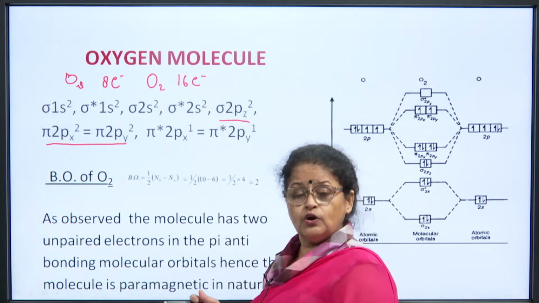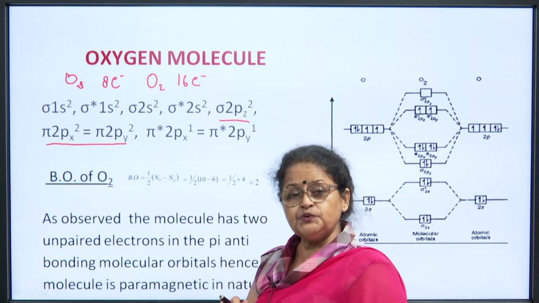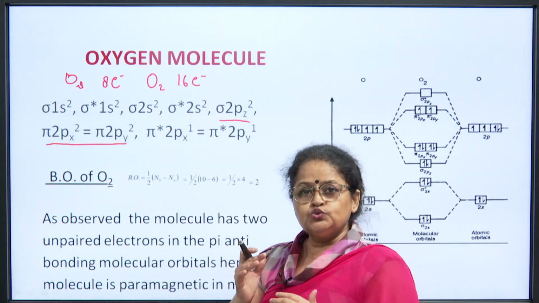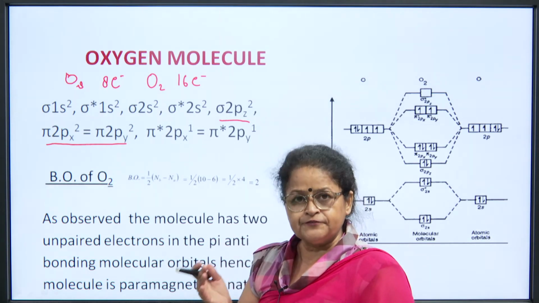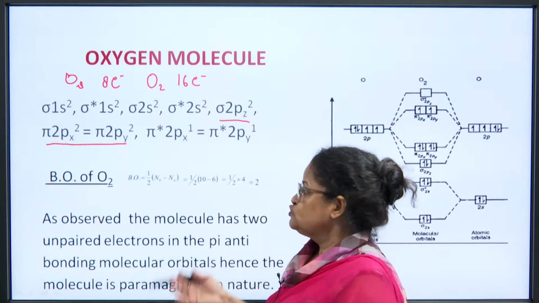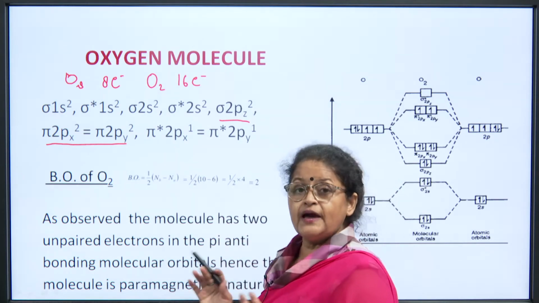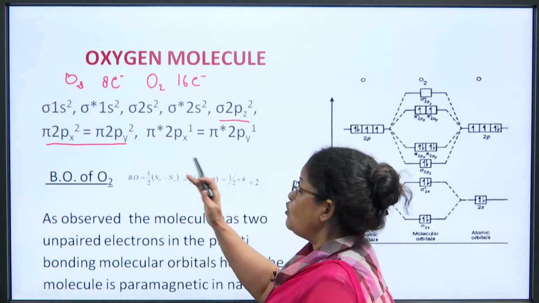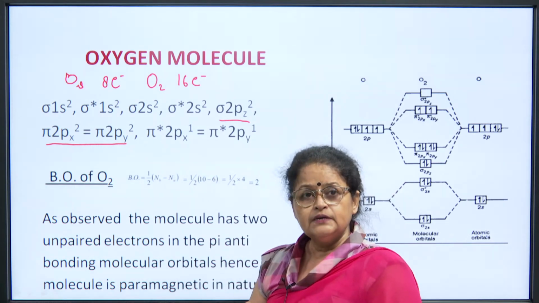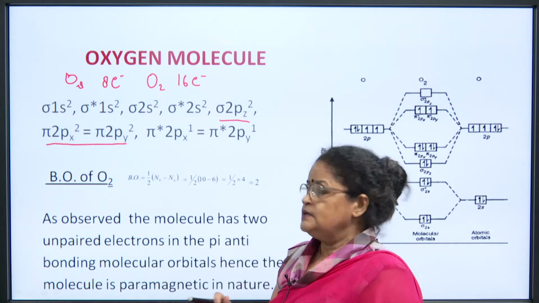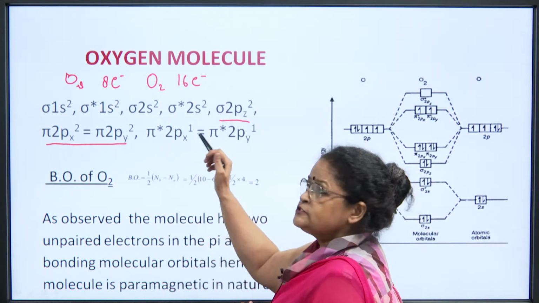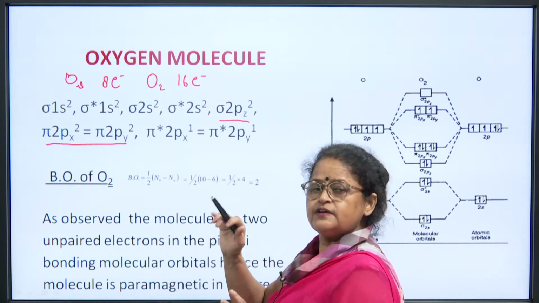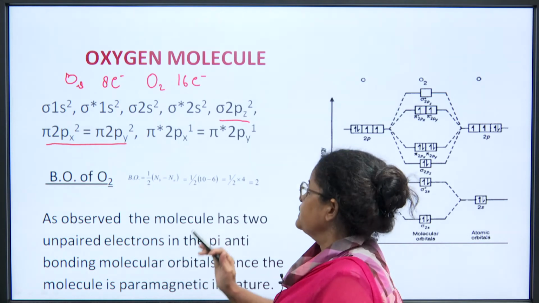But oxygen onwards, since we have moved to a total number of electrons above 15 in the molecule, the normal sequence of filling up as per the Aufbau's rule will be followed. तो यहाँ पर अब ऑफबॉ के नियम के आधार पर जिस प्रकार से मॉलिक्यूलर ऑर्बिटल्स को फिल किया जाना चाहिए वही रेगुलर सीक्वेंस फॉलो होगा.